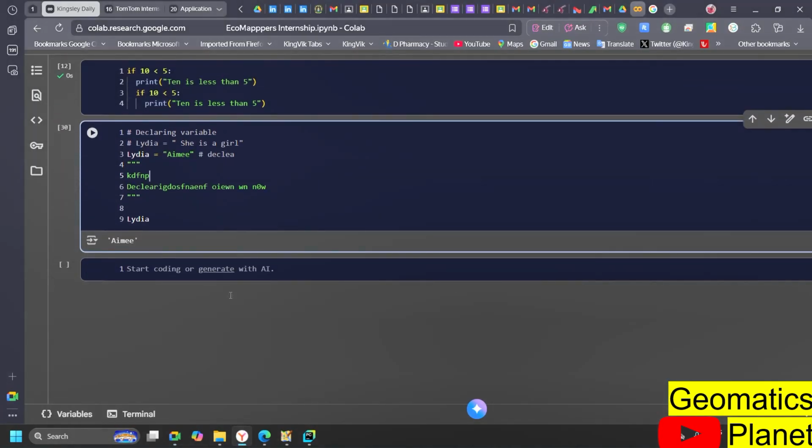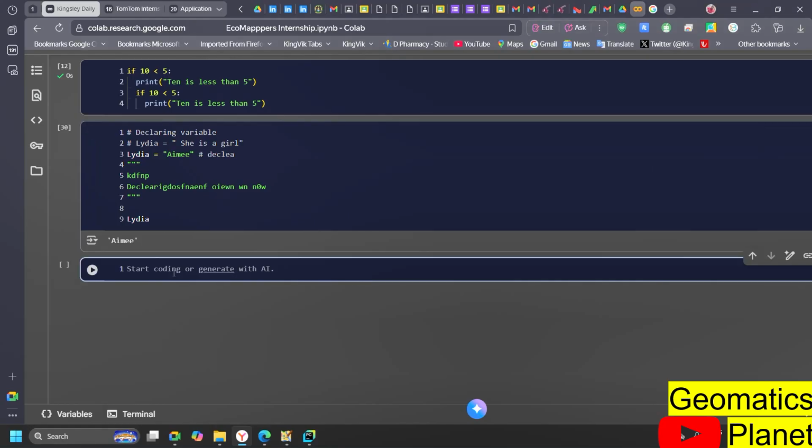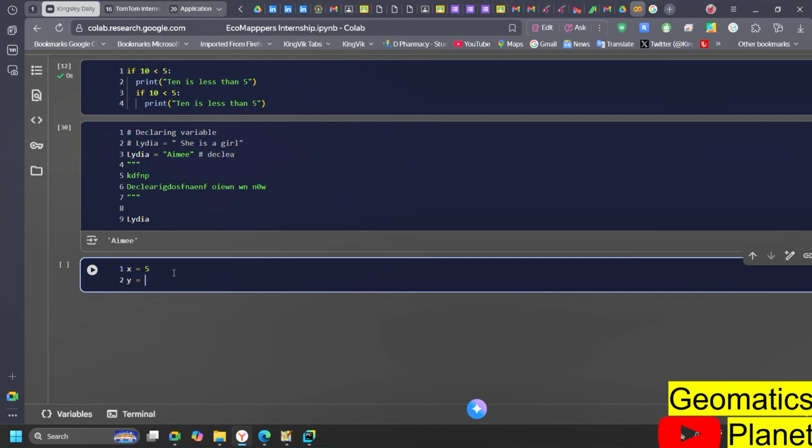So now we are going to the main variable. Like I said earlier, Python has no command for declaring a variable. A variable is created the moment you assign a value to it. The moment you assign a value to it, it becomes a variable in Python. So if I say that x is equal to 5 and y is equal to